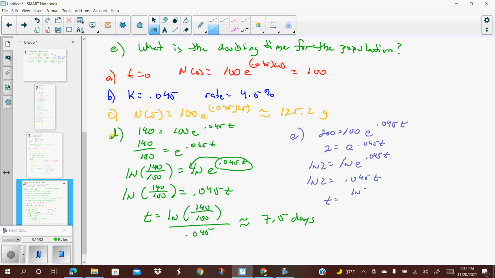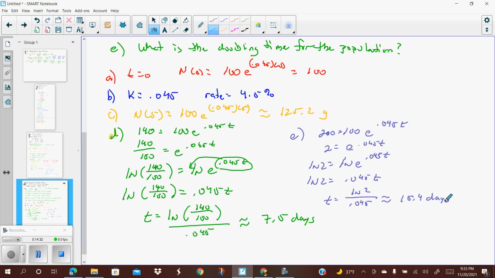Which is going to be t equals natural log of 2 over 0.045, which as a decimal should be longer than 7.5 days since it didn't actually double in the previous part D. It only went up to 140 in 7.5 days, so I would expect that this will be more than 7.5. We plug that in the calculator. You get 15.4